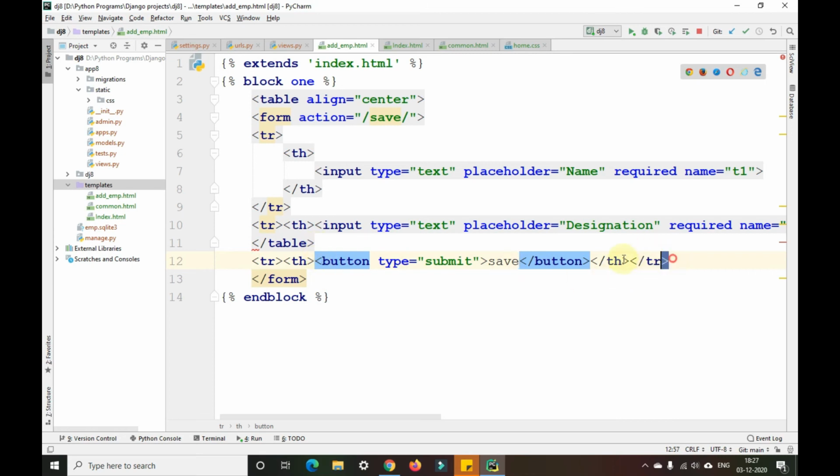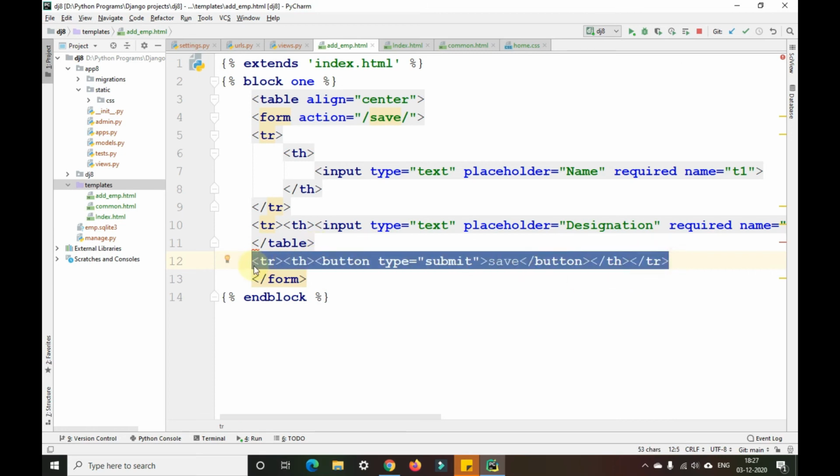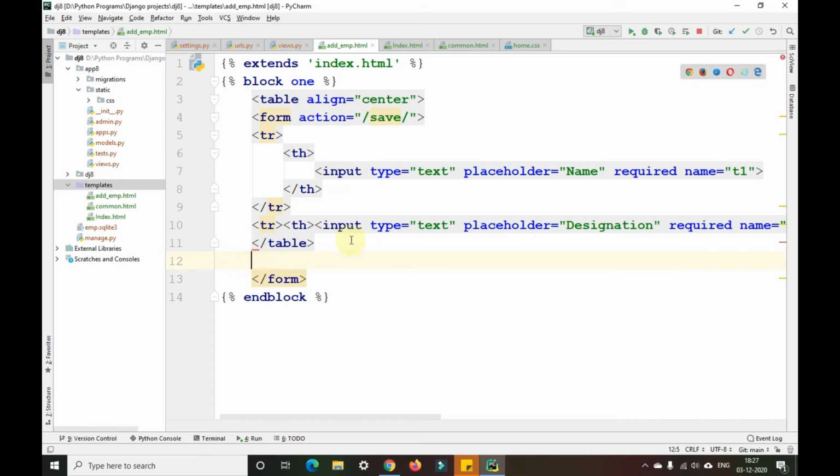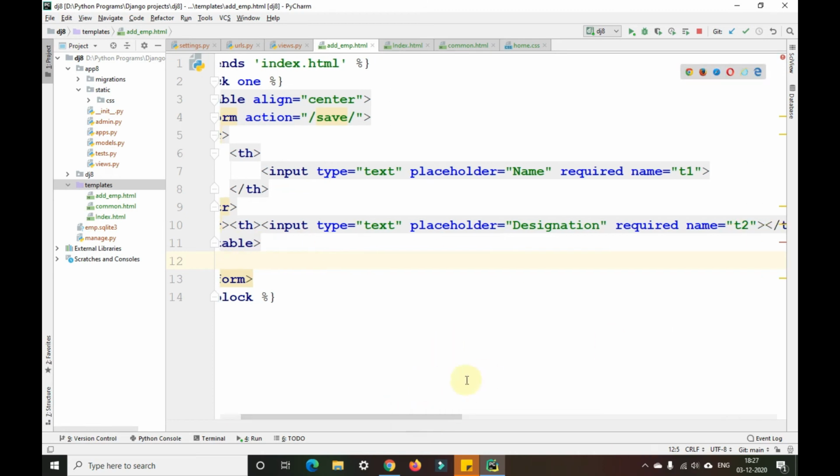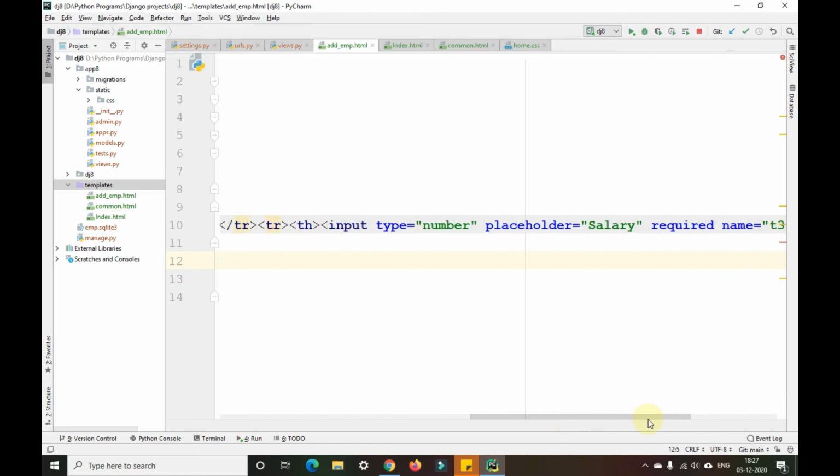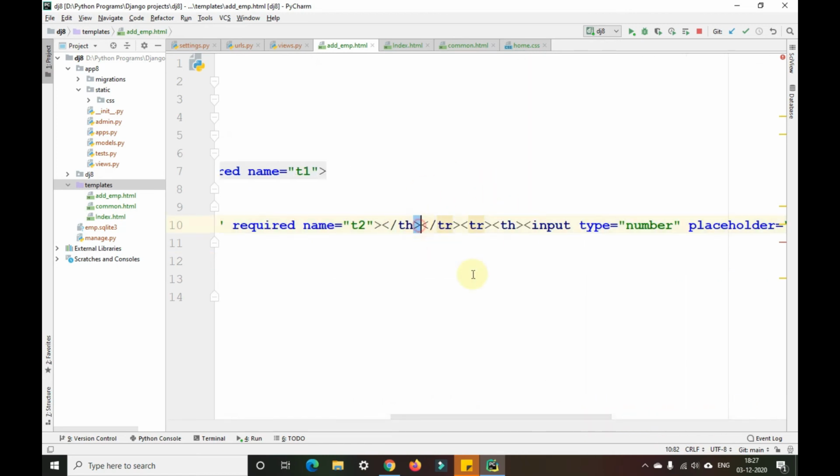So this is after the table tags, so that is the reason we got that particular error, guys. I should enter it within the table tag only. This should come down.